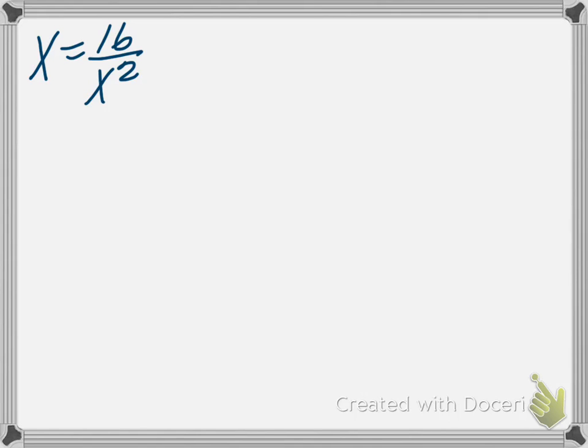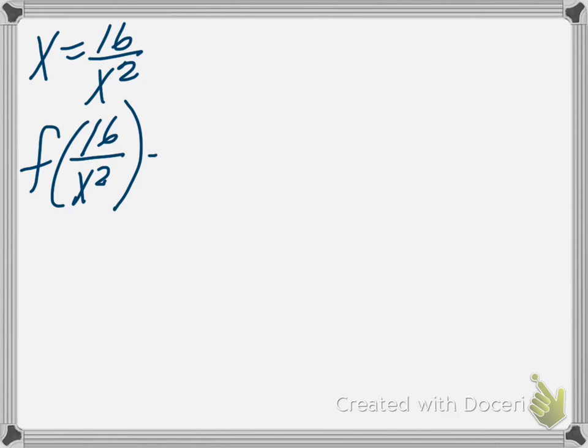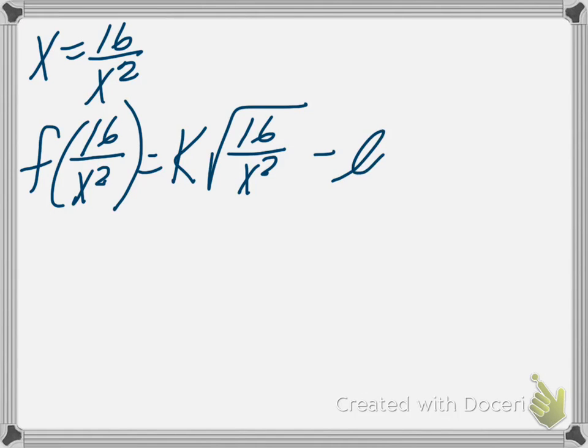Okay, so what you're going to have to do is go back to the original function, which is f, and you want to do f of this x that you just found. When you do that, I'm looking at the original function, which was k radical x minus ln x. So if you simplify a little bit, you will get,